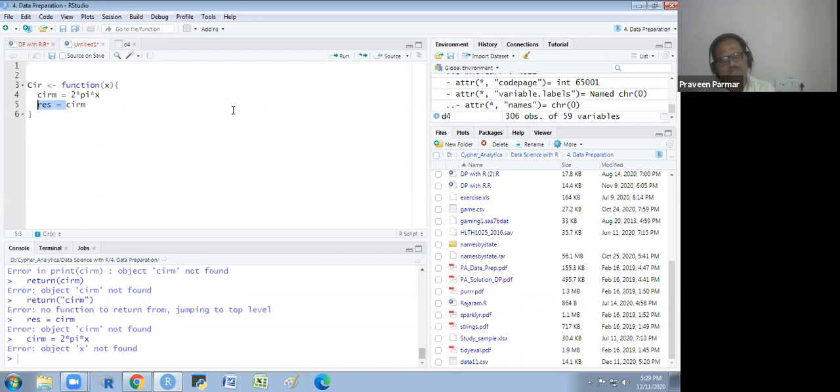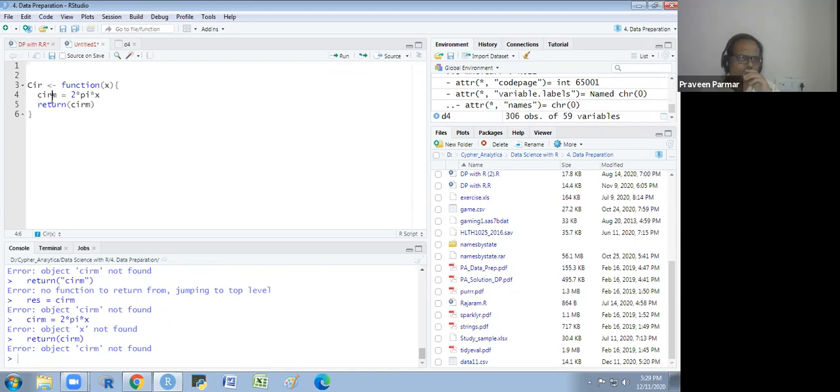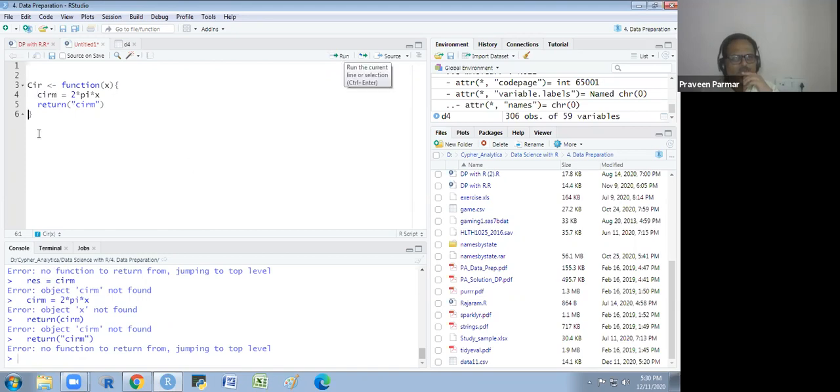But in Python we have a different approach, and here in R we have a different approach. Just a moment. I see we could use the return. CIRM. Doing the right thing, but CIRM is not getting. So CIRM, if I put in quotes, then see what happens. Still I am getting jumping to the top level.